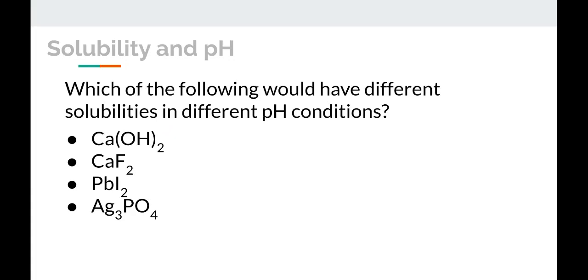Why would it be? If we had a high pH, then that means we have a lot of hydroxide ion present in the solution. And that makes hydroxide ion a common ion, and we know that that reduces solubility. So an excess of hydroxide ion is going to shift this equilibrium between calcium ions in aqueous solution and hydroxide ions in aqueous solution to the left. There's too much OH minus, so it's going to shift this way,